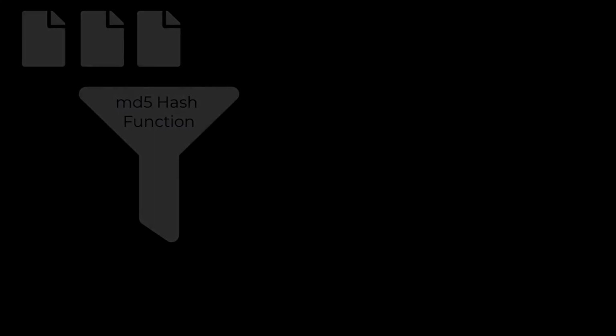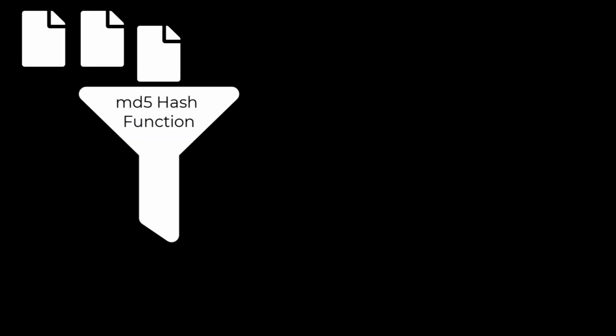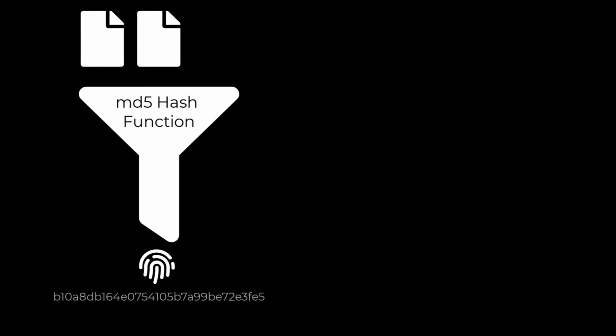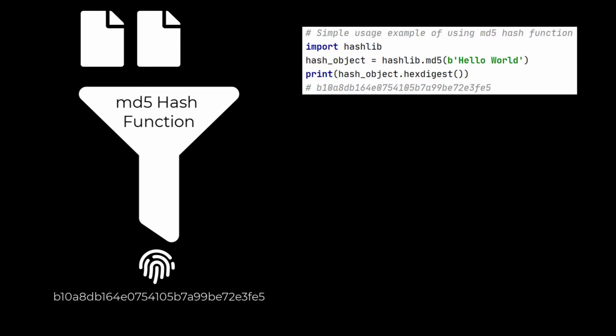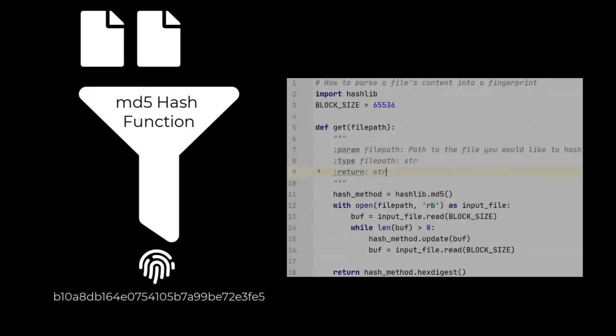So what is fingerprinting? Fingerprinting is the process of reading in a file's content into a byte stream and then generating a fixed length sequence out of that content. This fixed length sequence, man, say that 10 times fast, is also known as a hash or message digest, hash value, checksum, or fingerprint. This is so incredibly useful that you can capture a file state and just have this